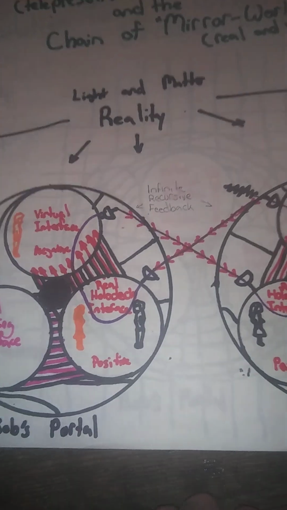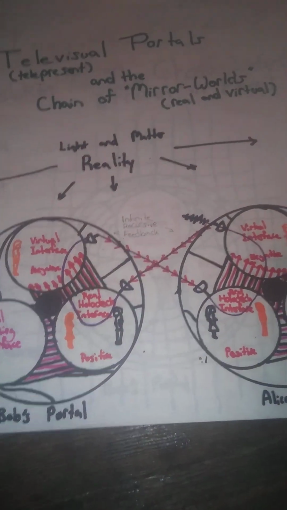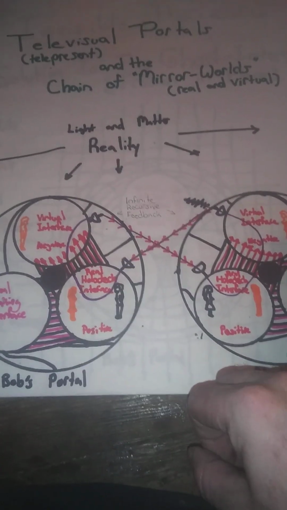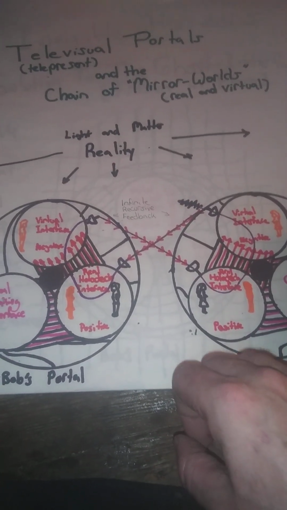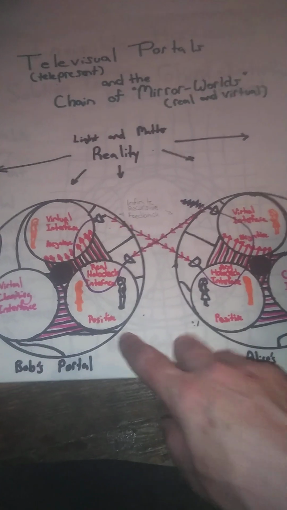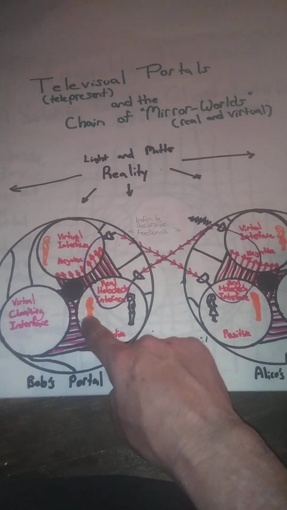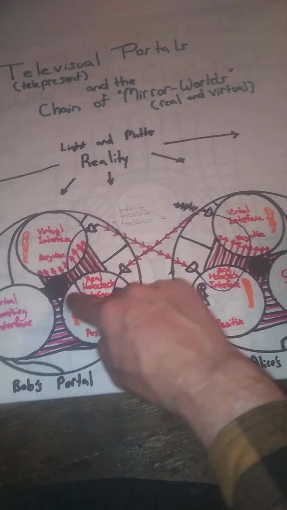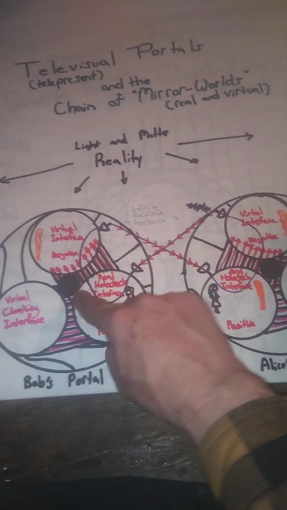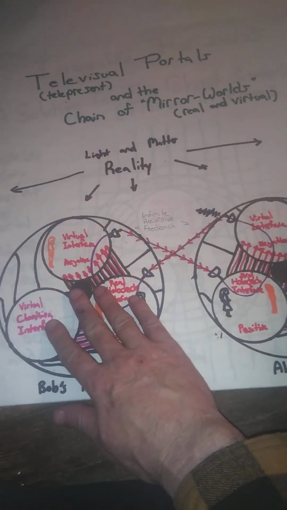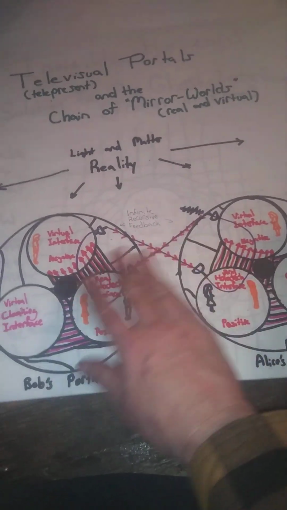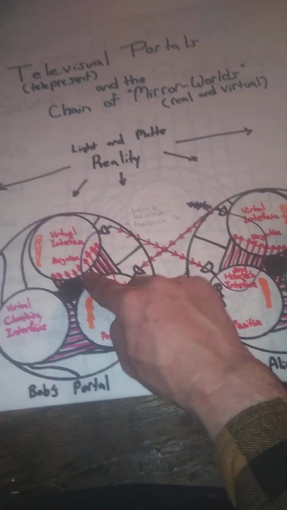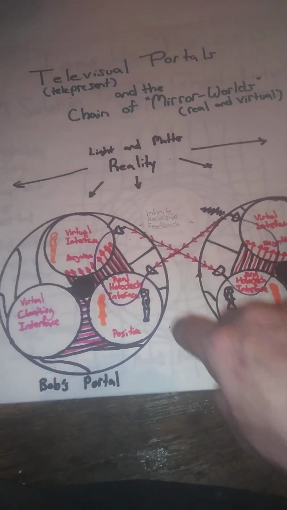So, for the televisual portals, which are something that can happen within our lifetime, I believe, sooner than we think, there's the mirror worlds that I covered, where they have an infinite recursion. One portal requires another to complete the infinite circuit between these mirror worlds. And I believe that